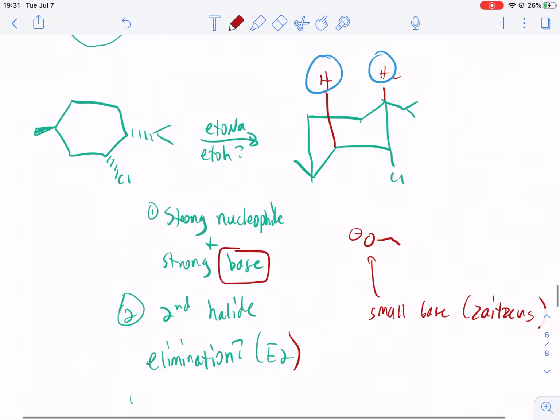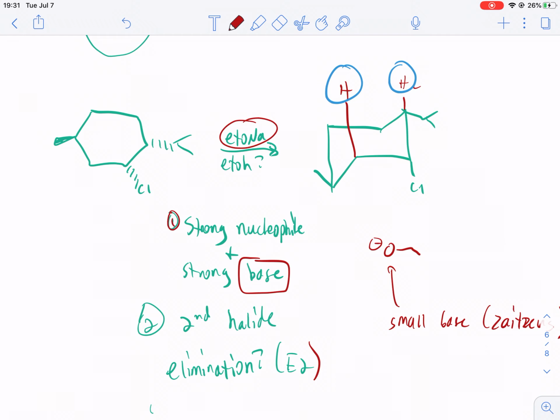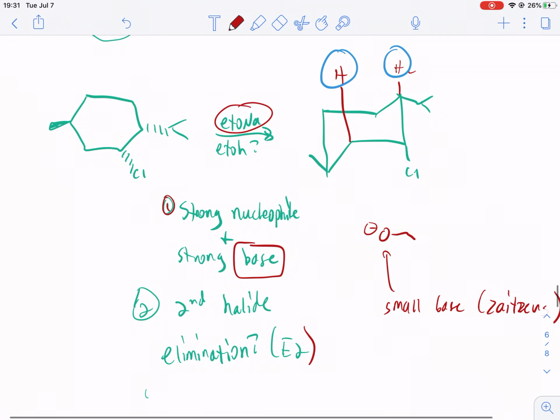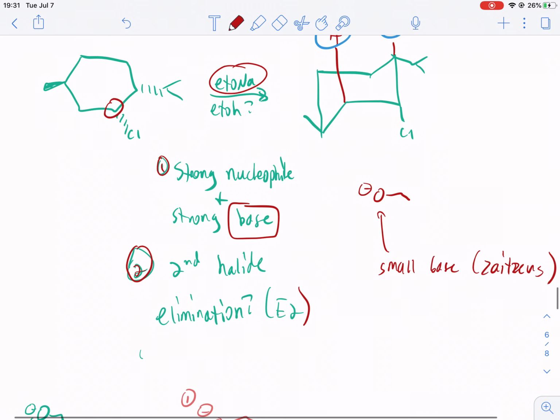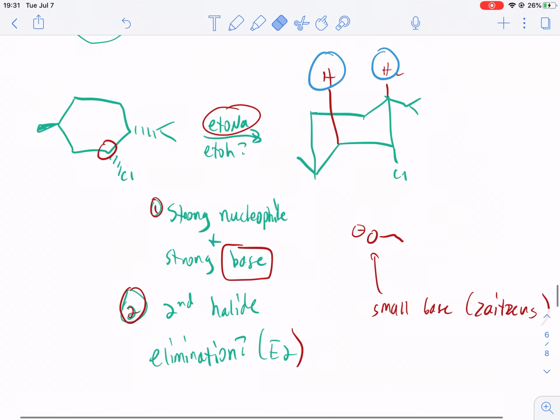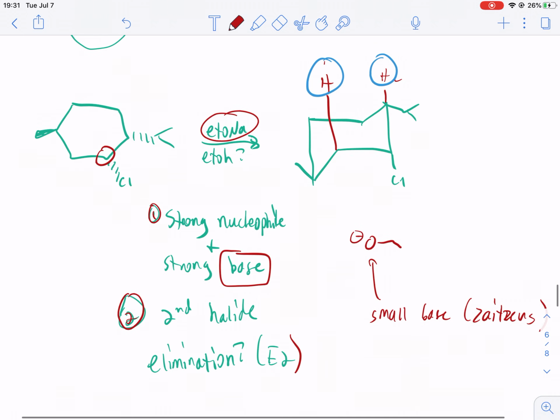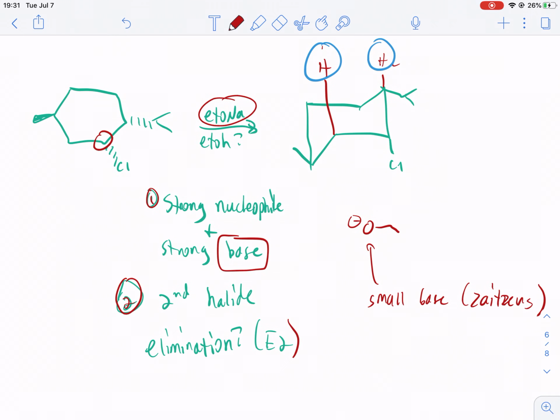Okay. So we have a strong nucleophile and a strong base, and a secondary alkyl halide. If we look at our chart, it'll be E2. But if you think about it, we have a strong nucleophile and a strong base. Elimination reactions prefer strong bases because that's what's going to pull away these hydrogens over here. Okay, so if you have a strong nucleophile and a strong base, especially if there's heat, it's going to be E2. But whenever you have a secondary alkyl halide, strong nucleophile, strong base, it's going to be E2, simply